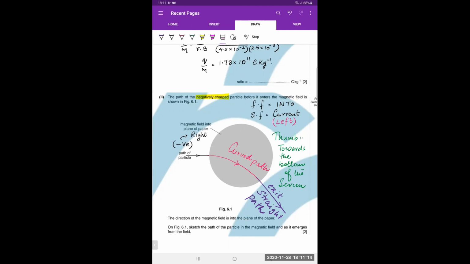और I guess यही पूछा हुआ था. Sketch the path of the particle in the magnetic field and as it emerges from the field. ठीक है, सो इन द फील्ड and as soon as it emerges from the field, so both factors have been taken into consideration. ये येलो हाइलाइटेड लाइंस इरेज करके नेक्स्ट वाले पे मूव कर दो।